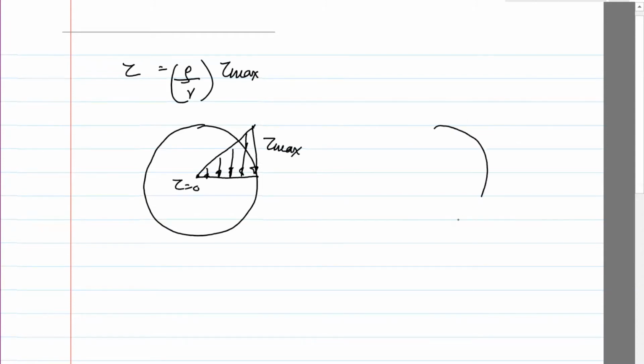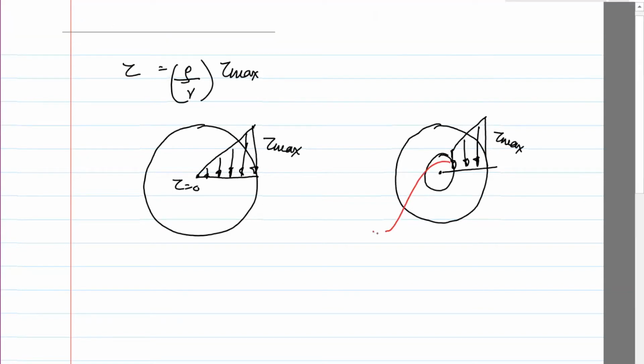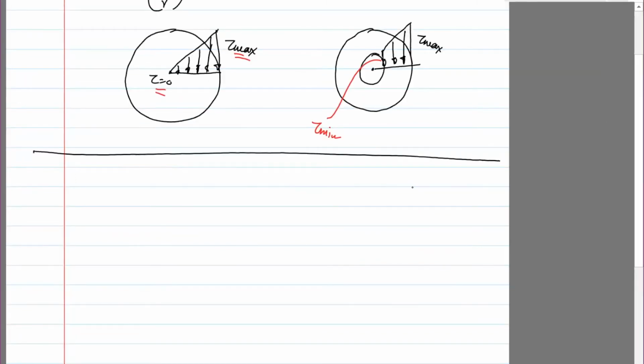Then if you have a shaft with an annulus, well, let me just draw it like so, the center. Then what will happen is there'll be a tau max and there'll be a tau min. Tau min will not be equal to 0. So there is shear stress in the inside surface. What I'm going to do for that is look at the